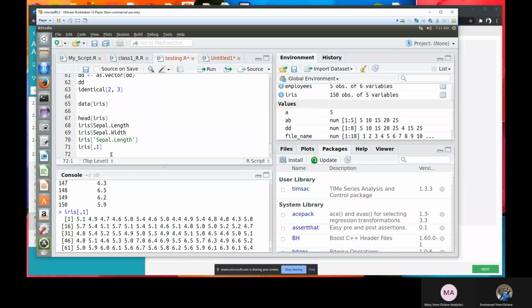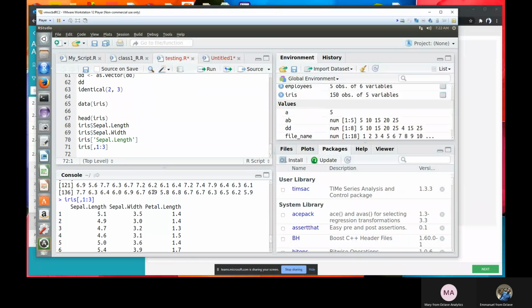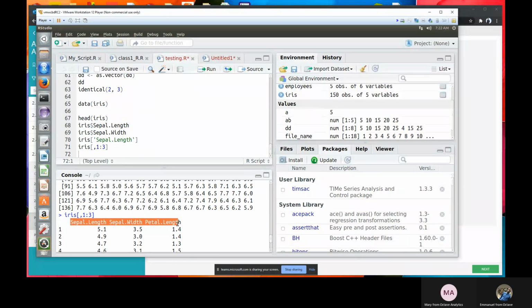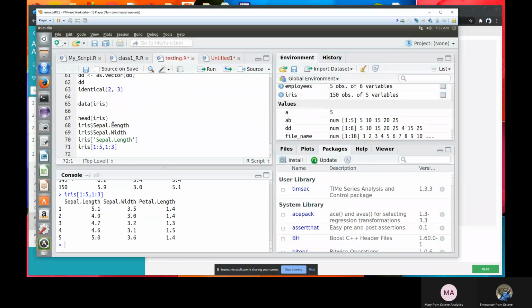call a column. And probably I want to call more than one column, maybe the first to the third column, first, second, and third column, calling all the rows. I can write this. Then you can see here I have the first, second, and third column like this, corresponding to all the rows. If I don't need all the rows, maybe I need the first 5 rows, I can just say 1 to 5. So this is going to give me the first 5 rows corresponding to the first 3